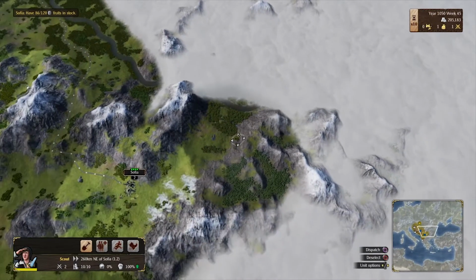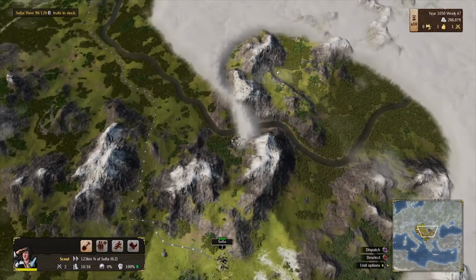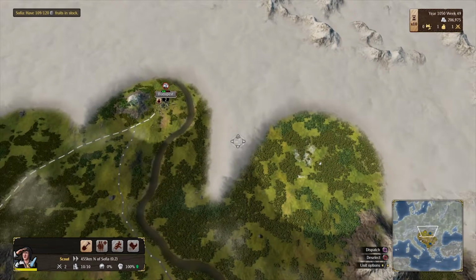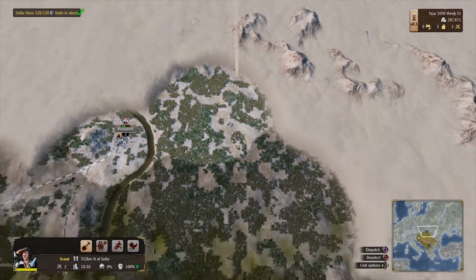Almost there. Alright, just keep exploring whilst we wait on the barrels. No problem. Fill out this area. Let's get on with it. There we go. That's how you get... Oh! Alright, so that's what that noise means. Alright, we got the...